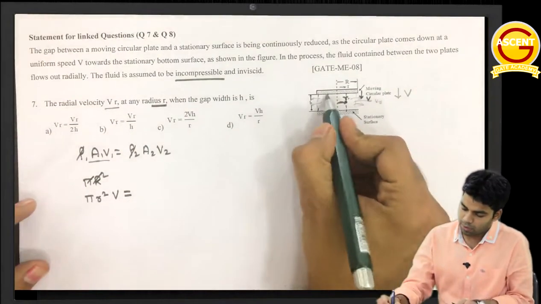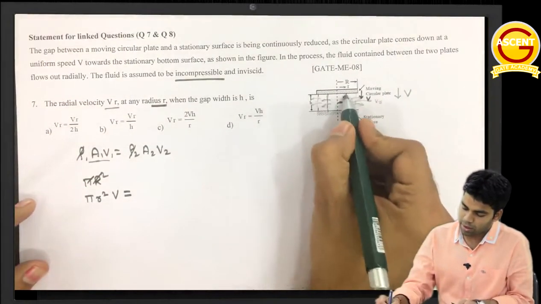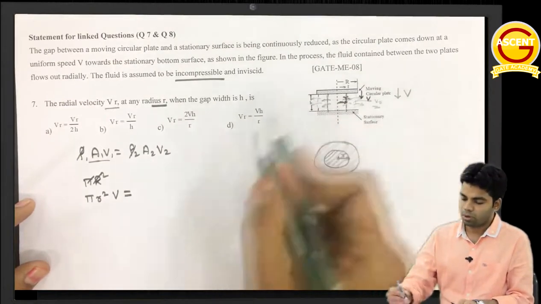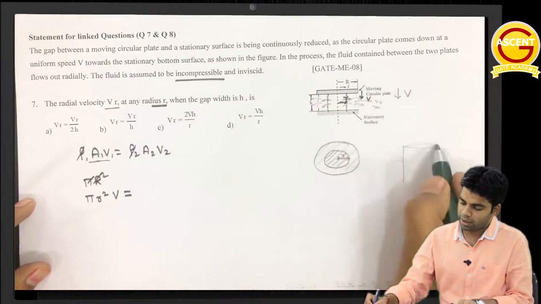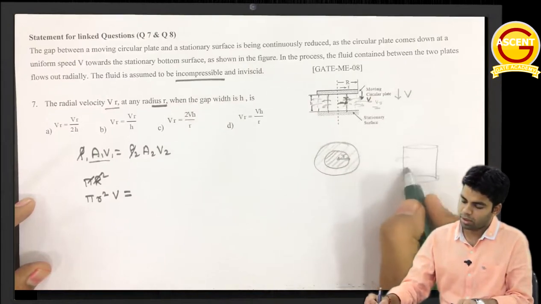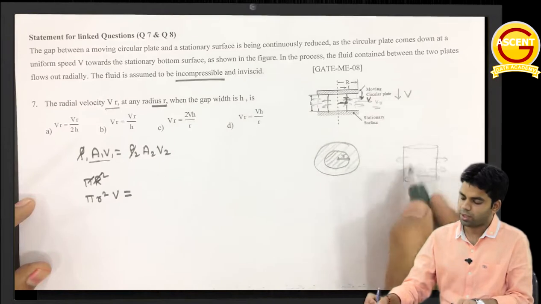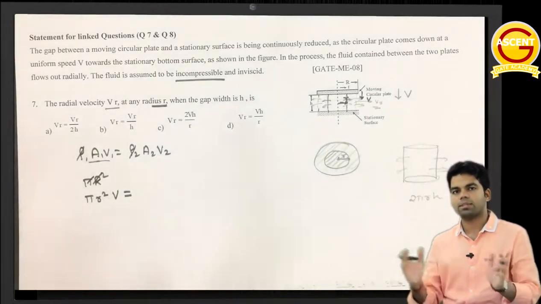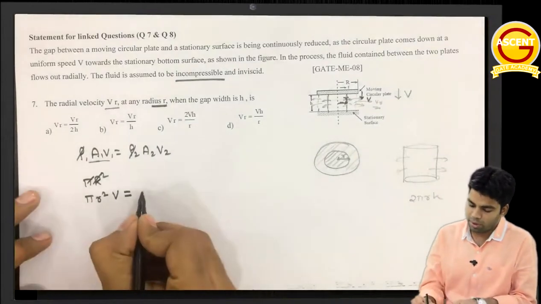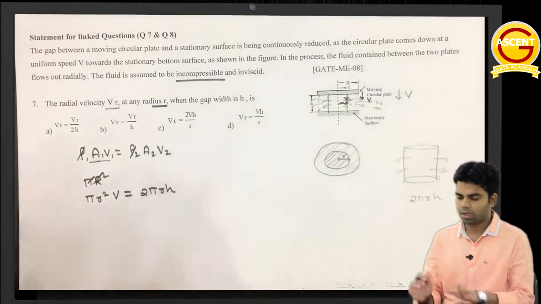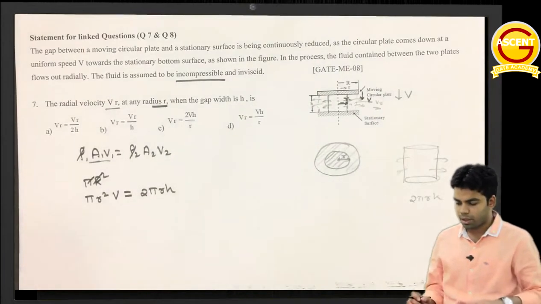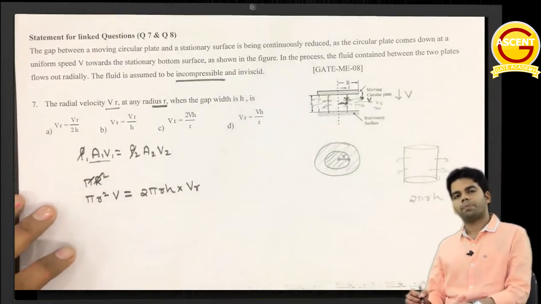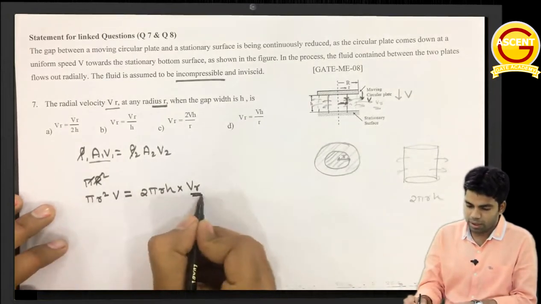Now this fluid is coming out of this cylindrical surface with a radial velocity vr. So what will be the surface area of the cylinder? As we know, the surface area of a cylinder is 2 pi r h. From the cylindrical surface itself it is moving out. So this a2 will be equal to 2 pi r into h, I think you are able to imagine this, into velocity v, which is nothing but radial velocity vr. Getting this? So from here we can determine this vr.